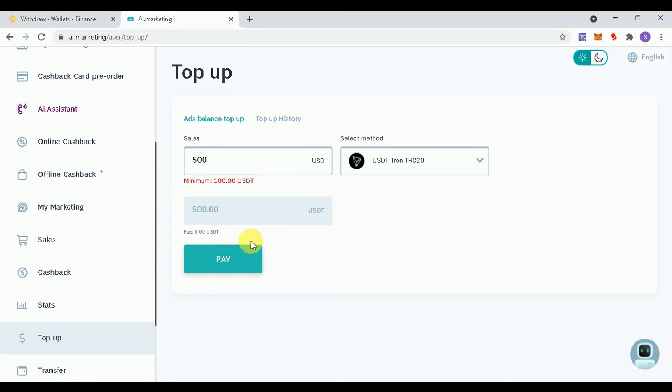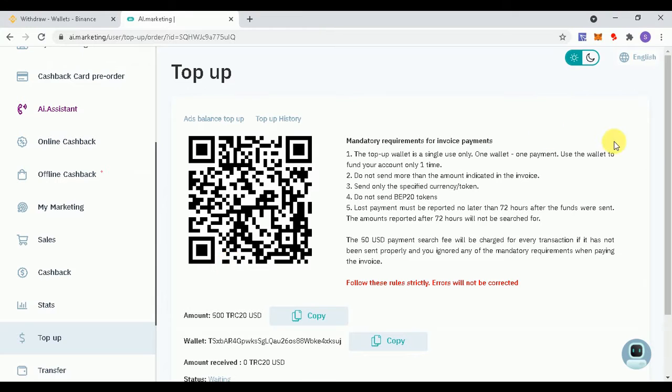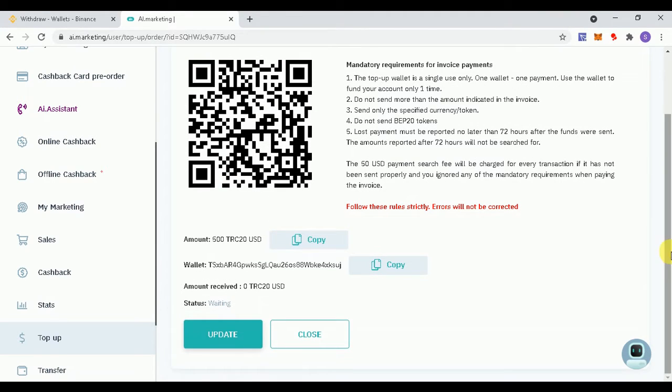Okay, so now we click on pay. After click on pay, we have the option of amount 500 TRC20 in USD and this is a wallet deposit address. So here I am depositing 500 USD.